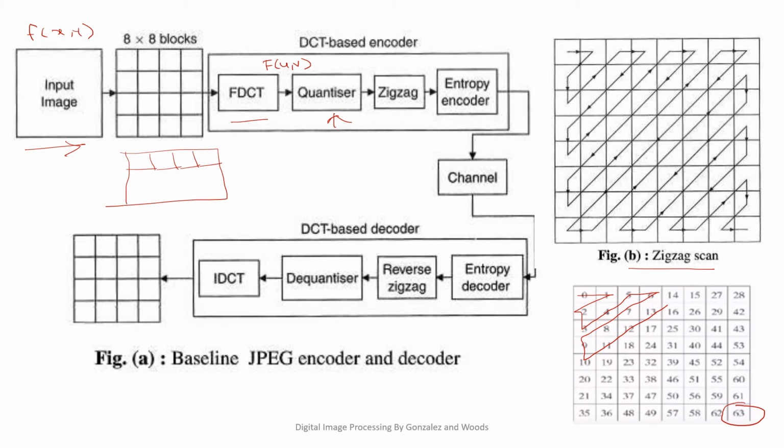So 64 means 0 to 63. So why are we doing this? Because after applying quantization, most of the time the higher coefficients become 0. So suppose this is the last nonzero coefficient; after that everything becomes 0. So the system tells that this is the end, and after that everything is 0. That's why we put this in this particular order.